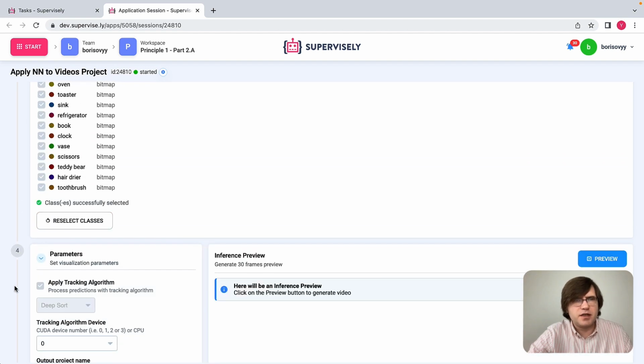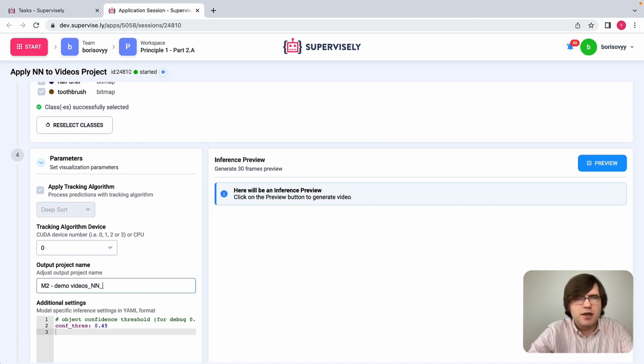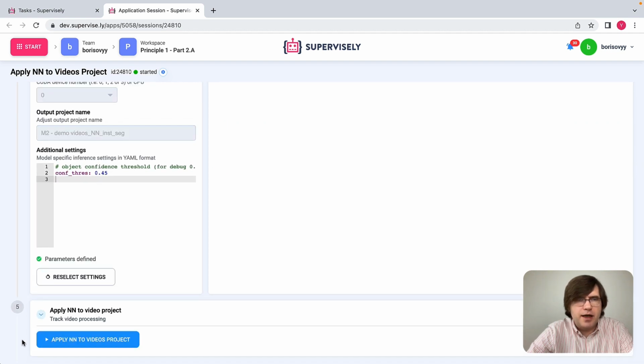Let me define the name, so I will put the indication that it's instance segmentation. Probably I will skip the preview step and just apply the settings here and